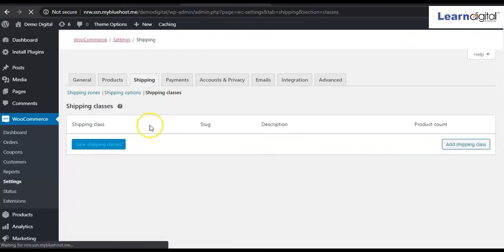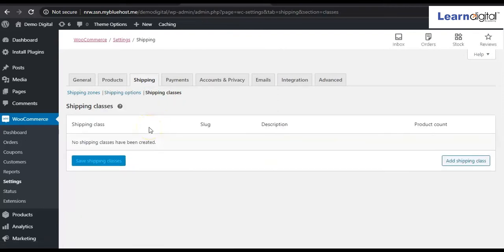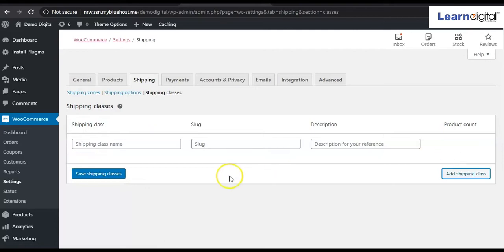Under shipping class, whatever product you are shipping, you can add from here, like add shipping class. So for shipping class name, if you are providing delivery for a refrigerator, you can type refrigerator, right?